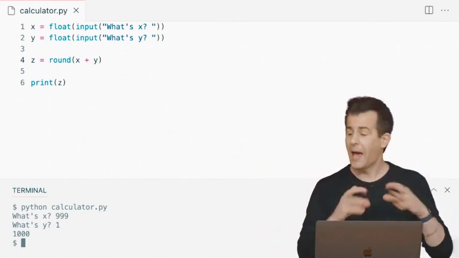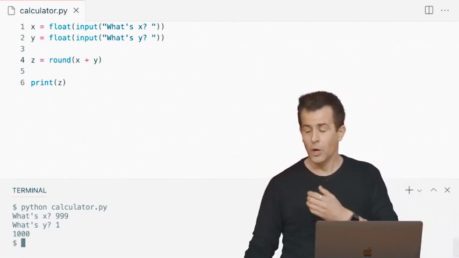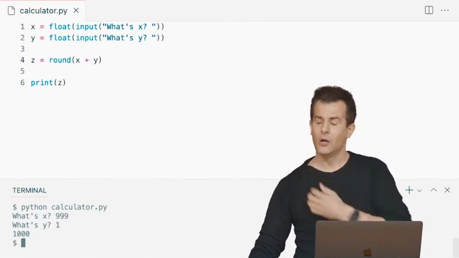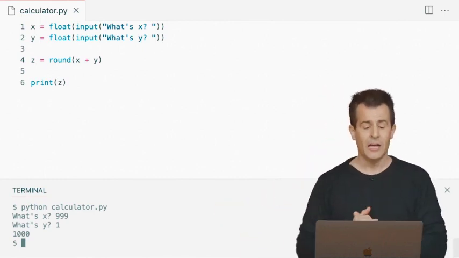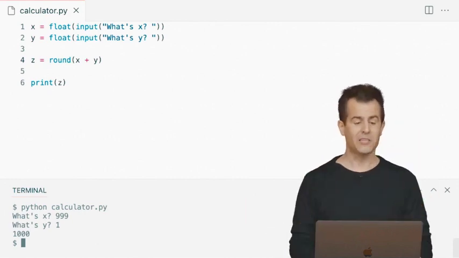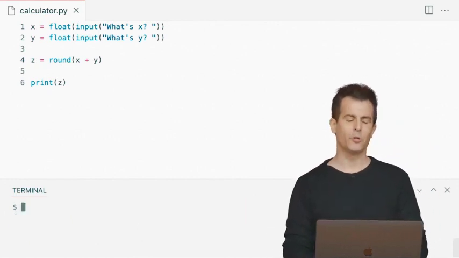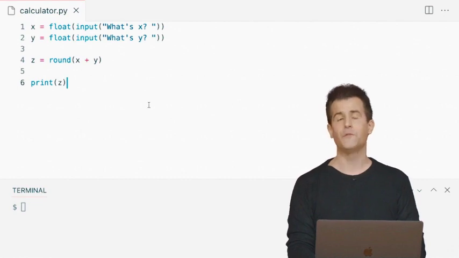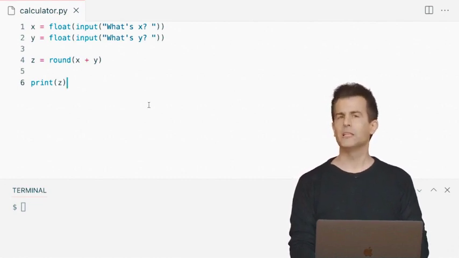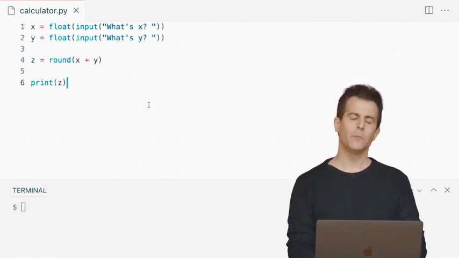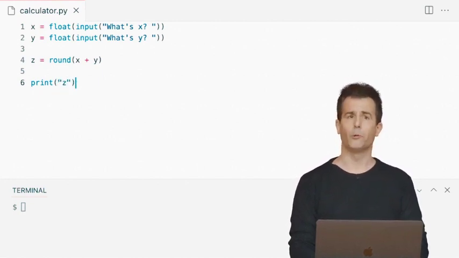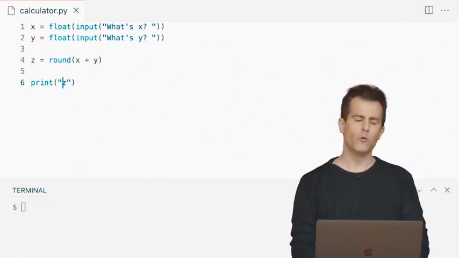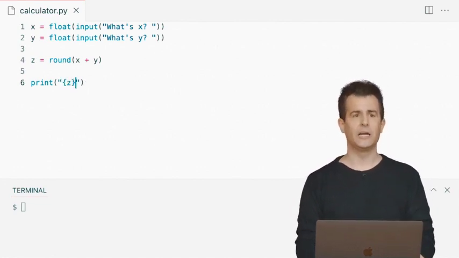Wouldn't it be nice if we could automatically output those numbers as well? Well, it turns out that we can. There is a way using Python to specify that we want to include commas like this. And here we have an opportunity to bring back our old friend, the f string. First, let me do something that's not that productive. Let me print out the value of z. But wait a minute. I can't just say quote unquote z, because that's literally going to print z on the screen. So let me wrap it with those curly braces like I did before.